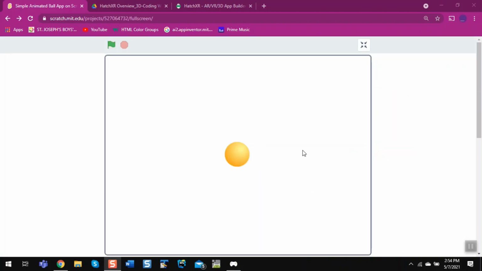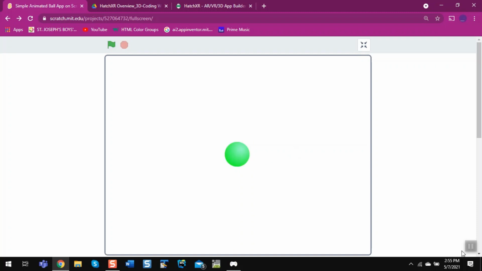So here is the demo of the app and we need to click on this play button. Click on the right arrow, it will go here, left arrow it will go here, up arrow and down arrow it will go like this. Now you would think how to change its color. So it's very simple. Just click on this, see the colors are changing. There are about 5 to 6 colors, see, so colorful.